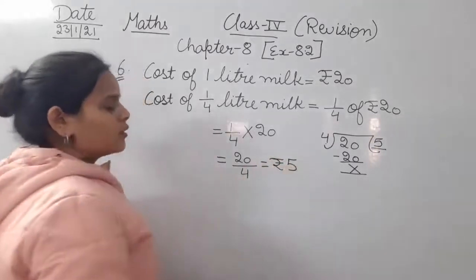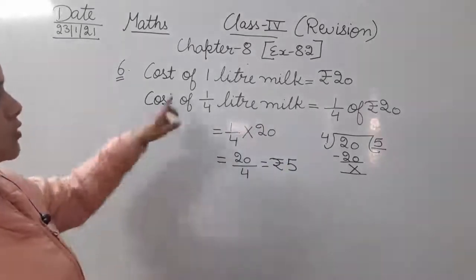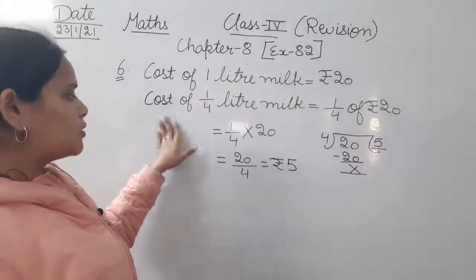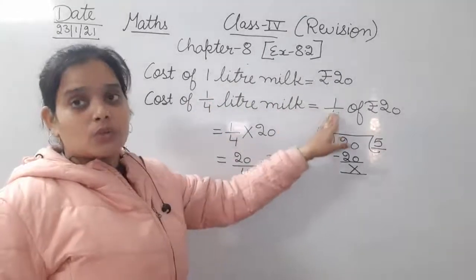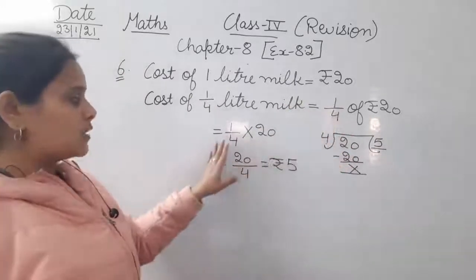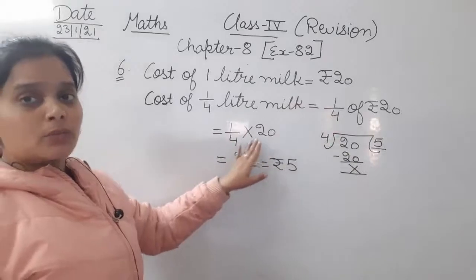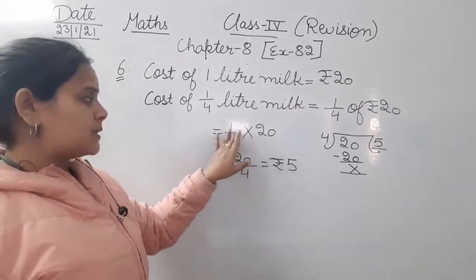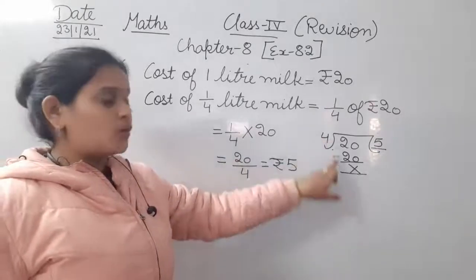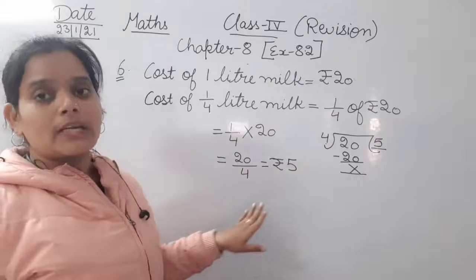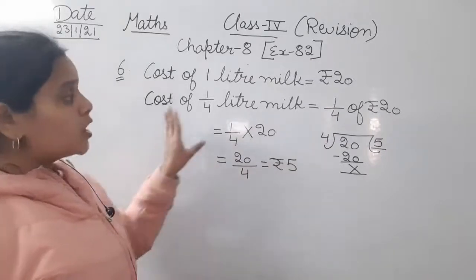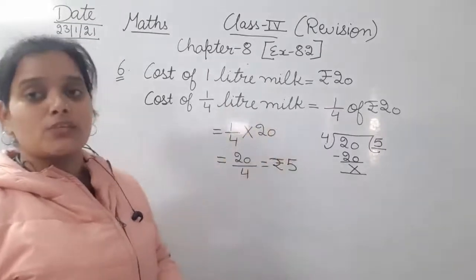₹5. Okay. So the cost of 1 liter milk was given, that is ₹20, and it is said that we have to find the cost of 1/4 liter of milk. So the cost of 1/4 liter of milk is 1/4 of ₹20. That is 1/4 multiplied by 20. 20 multiplied by 1, that is 20 upon 4, that is rupees 5, that we have got after doing the division. So at last, the solution sentence, we will write therefore the cost of 1/4 liter of milk is rupees